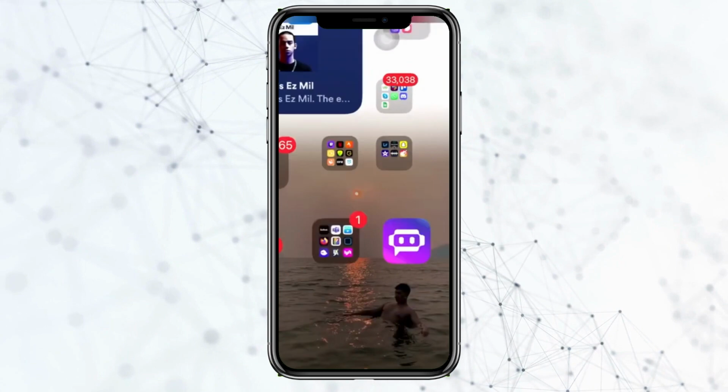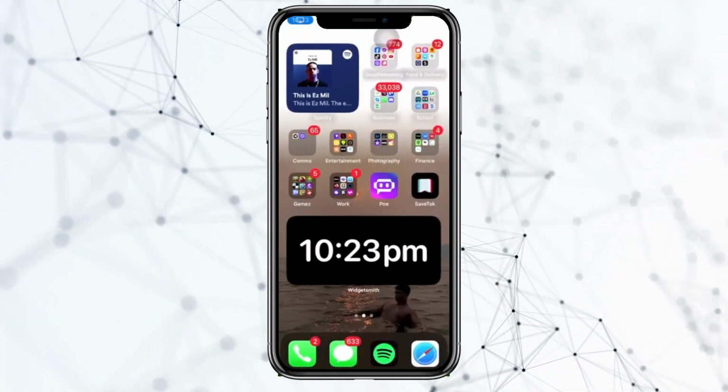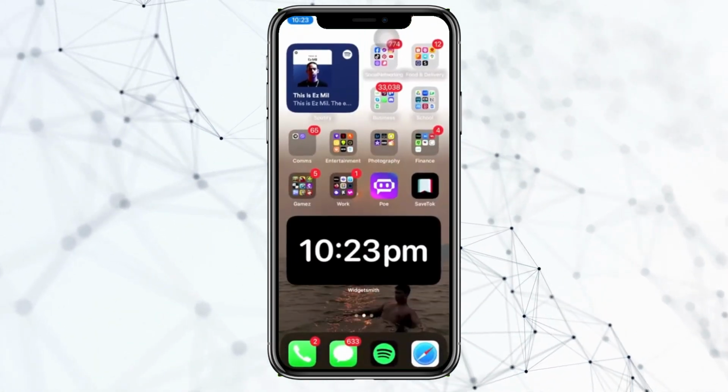Hey guys, today let's learn how to change the iPhone charging sound in iOS 17. So if you want to learn how to change your iPhone charging sounds on the new software update, in this video tutorial, I'm gonna teach you how to do this step by step. So please watch this video until the end to find out how.